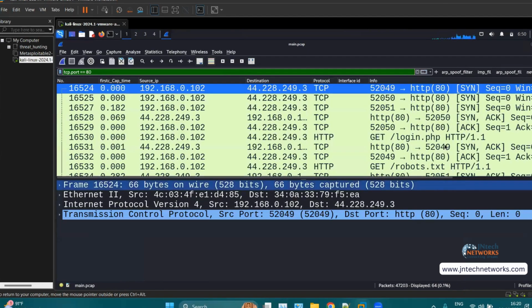Okay. Now here you can see we have applied this filter. So this filter will show us the TCP packet as well as the HTTP packet. It will show me the HTTP packet first and then the TCP handshake packets also, which is established on